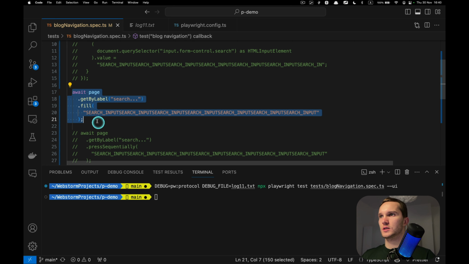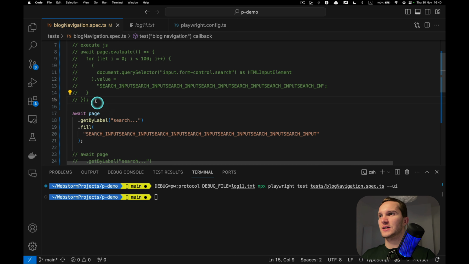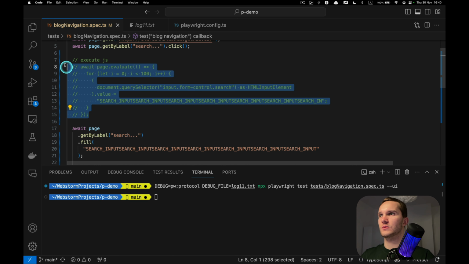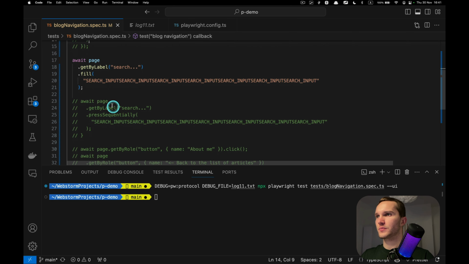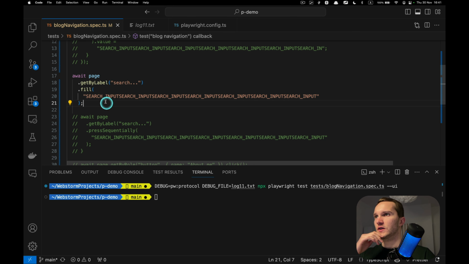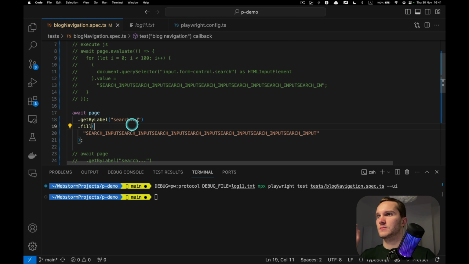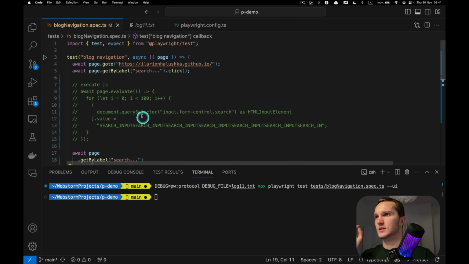But most of the time just go with this one. This is what Playwright suggests, and it looks prettier than this one. But sometimes you might have to execute some JavaScript inside of the page, and here is how you can do this with page evaluate. All right, but always go with the fill method. It's much faster and it does some additional checks, like for element visibility, that it's not hidden, etc.